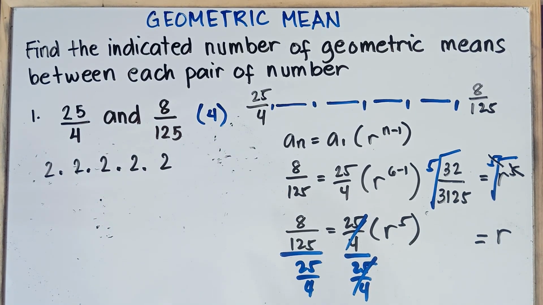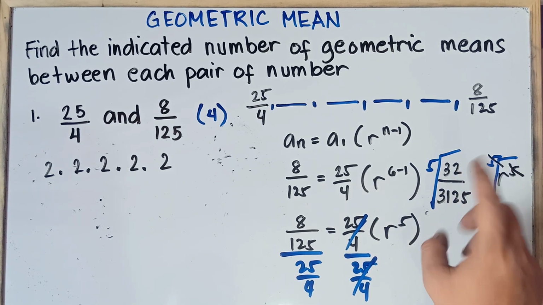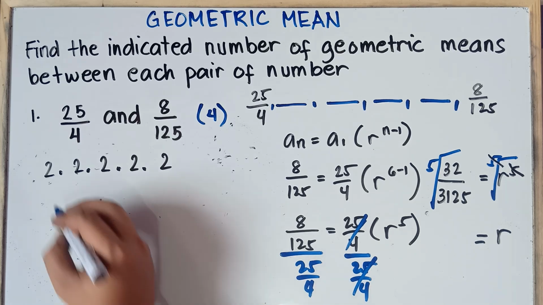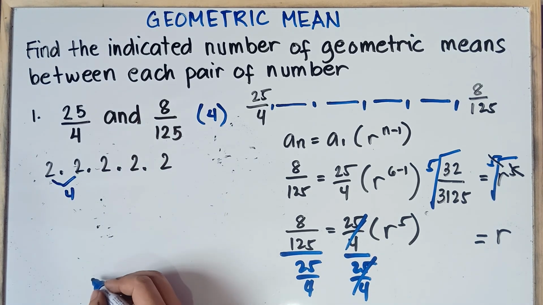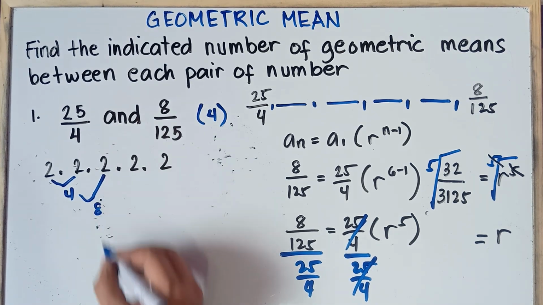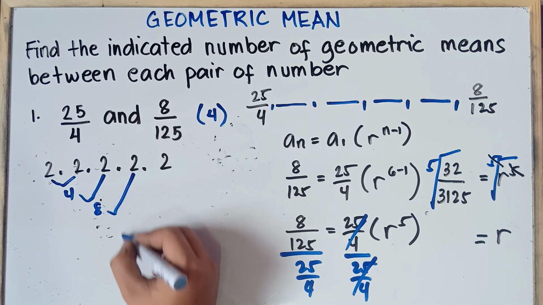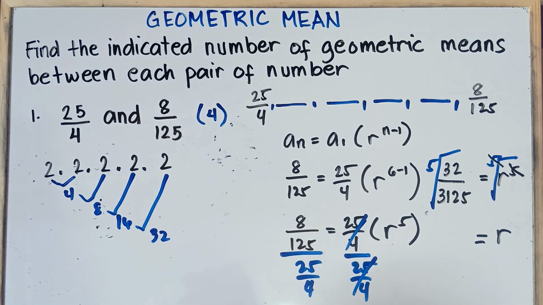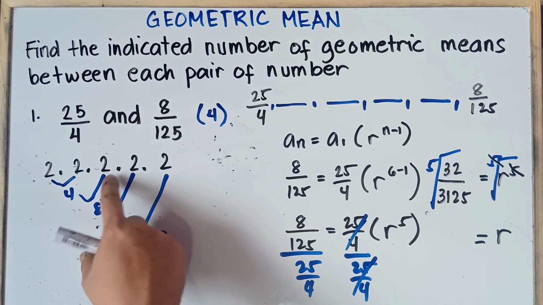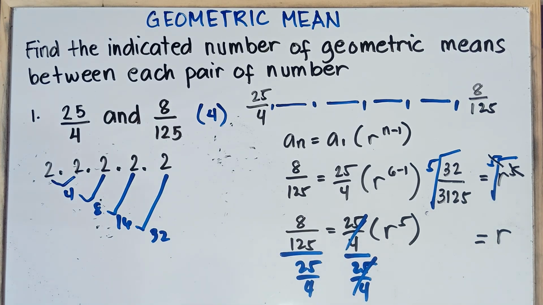So once again, we find a number that when we multiply it by itself 5 times, we will get 32, and that would be the fifth root of 32, class. Alright, so 2 times 2, that's 4. And then 4 times 2, of course, that's 8. Then 2 times 8, that's 16. 16 times 2, that is 32. Therefore, class, the fifth root of 32 is 2, because 2 times 2 times 2 times 2 times 2 is 32.